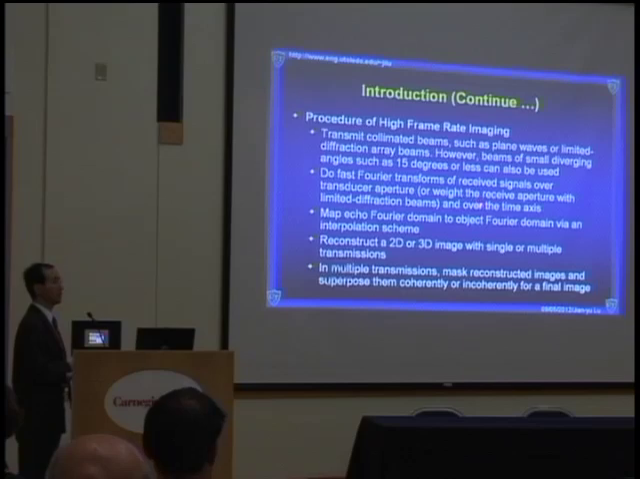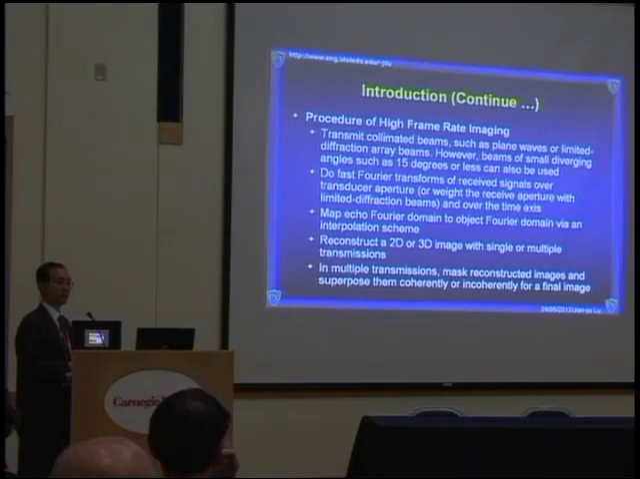And we also do the Fourier transformation over the time axis. Each signal received from each element of the transducer is a time signal, so you can do Fourier transformation of that signal. And then you map the echoes in the echo Fourier domain to the object Fourier domain. The object Fourier domain is the Fourier transformation of the object you are going to look at,